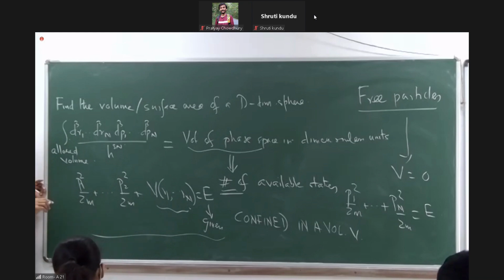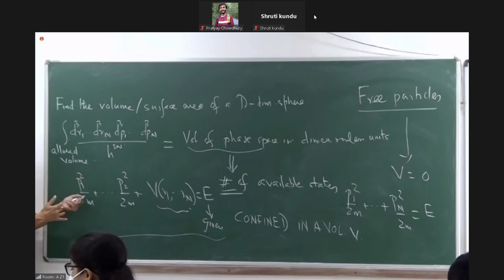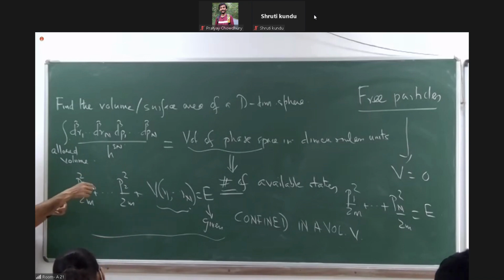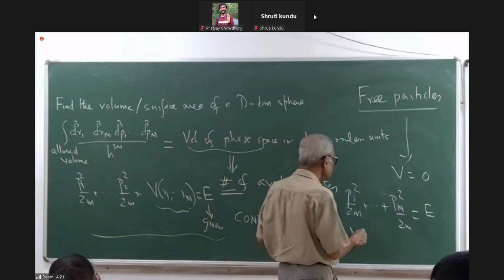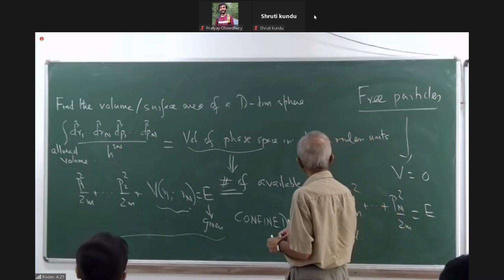No interaction, so no constraint. This particle can be here, that can be there, this can be here, and so on. This being here is no way affected by this being here. So all these R1, R2, Rn are independent of each other,